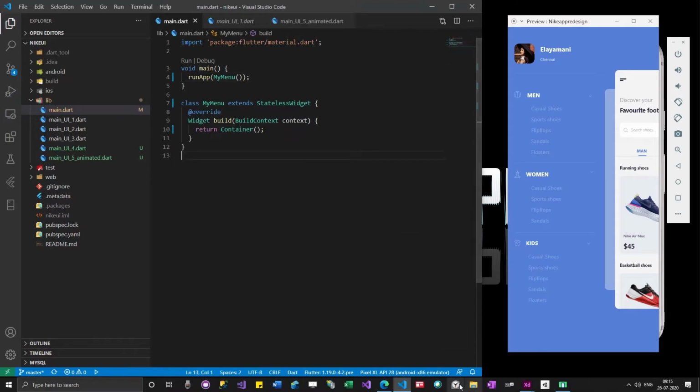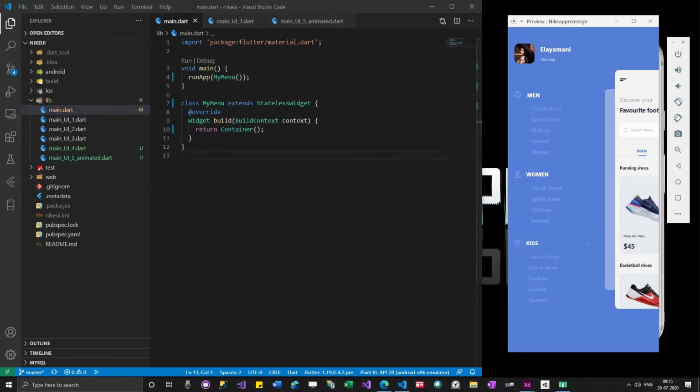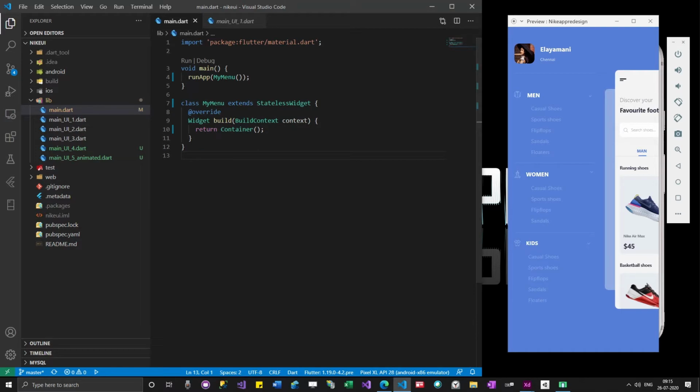Give me a second. I'm opening that code on the other side so that I'll have something for reference.